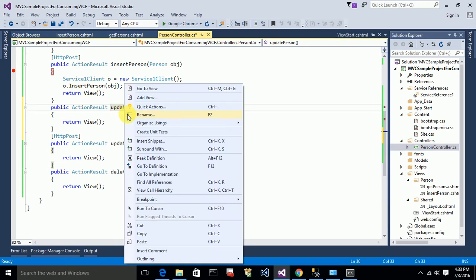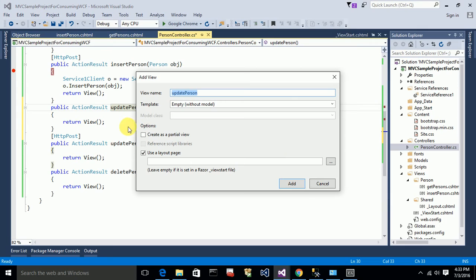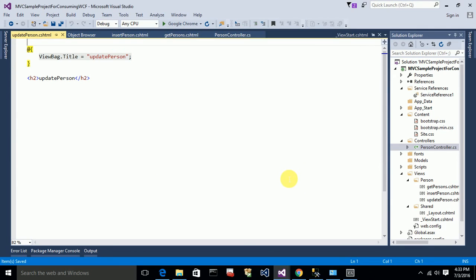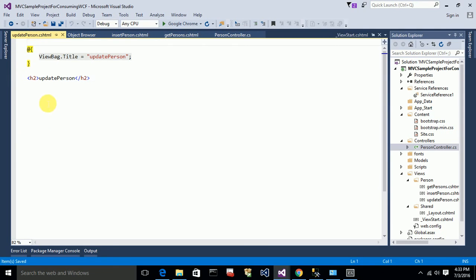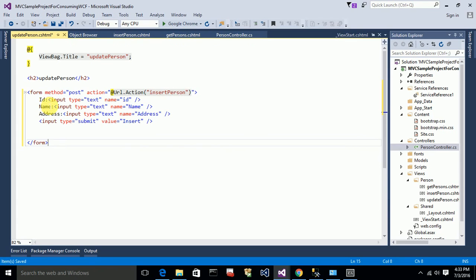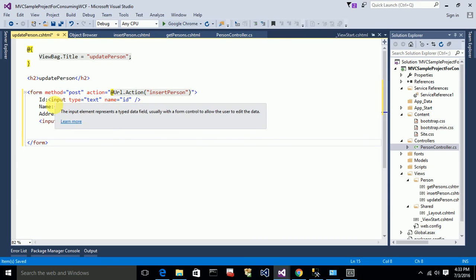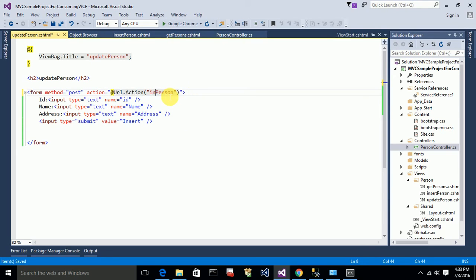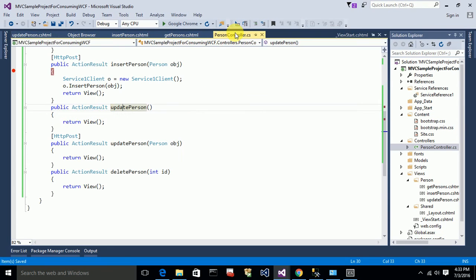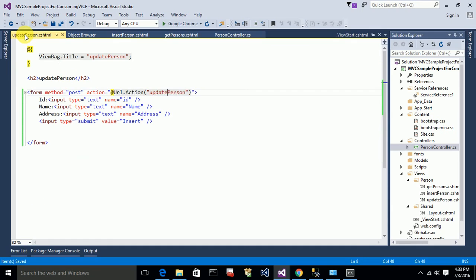So before that, I want to add a view for update person. So the update person is also the same as the insert person form, where it will be having 3 values, and when I insert those values, it will update the value where that ID is matching. So I have to change the action, that's it, to update. Okay, so if you see update person, okay, I'm done with this view,